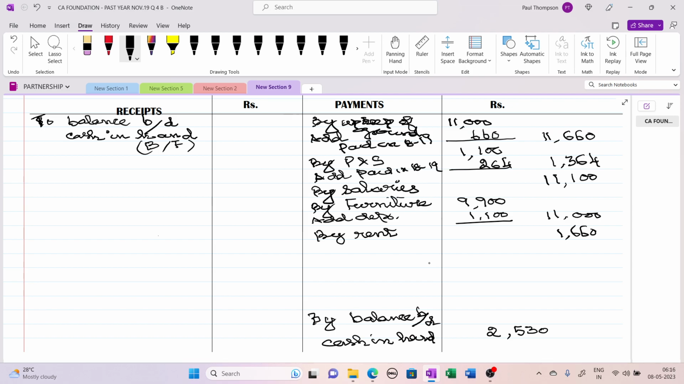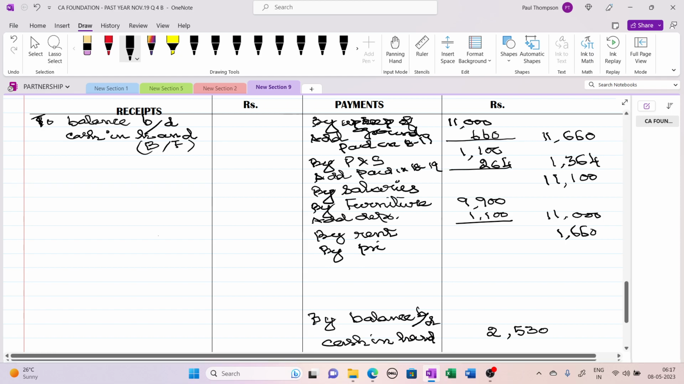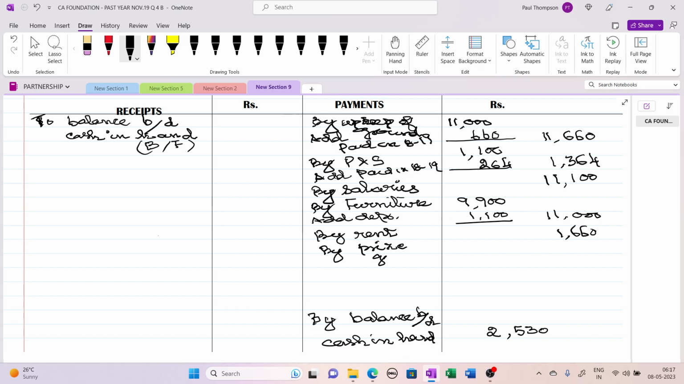The next one is, they have given in the balance sheet there is a prize fund, and to the prize fund they have added some interest received and prizes given. So that has happened in the current year. So that will appear here, because prize fund will always be shown on the liability side, but whatever the actual receipt and payment will be shown in your receipt and payment account. So prizes given will appear here as 2200,